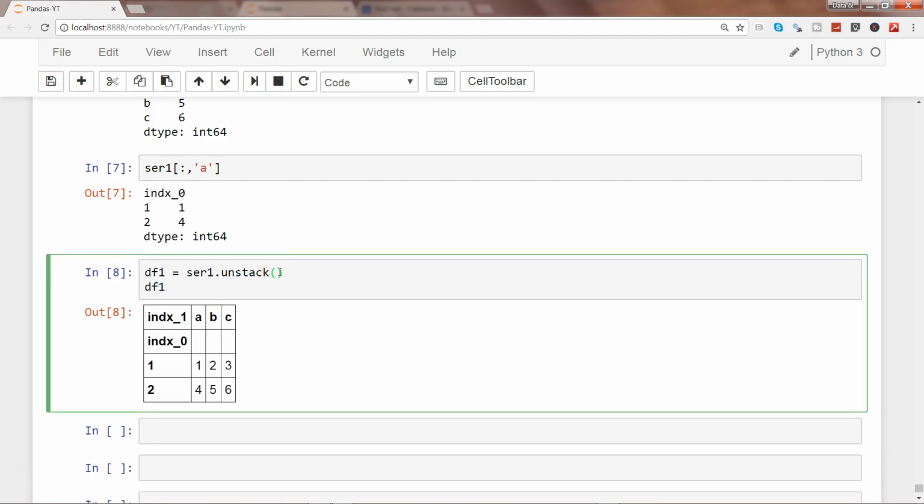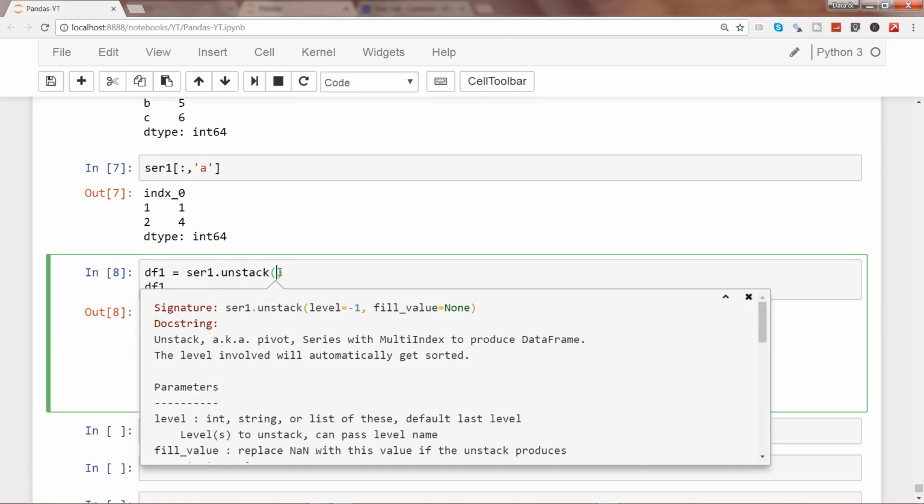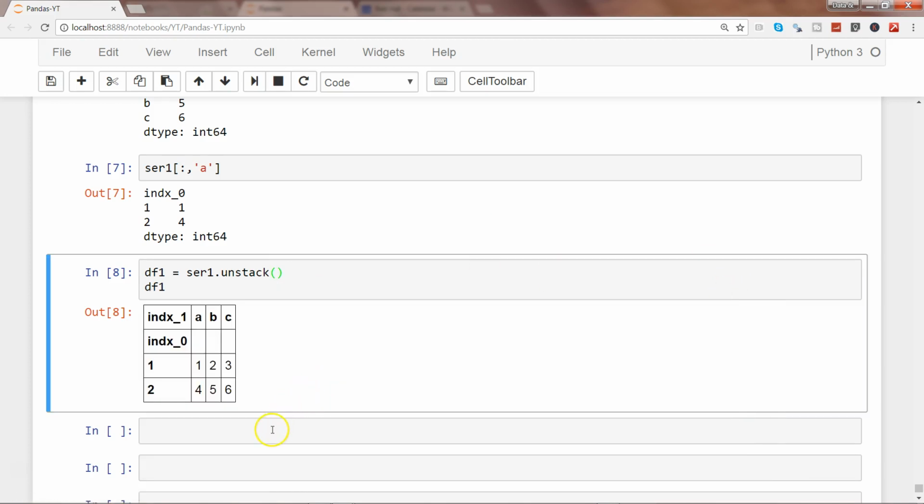Let's see the parameters it has by pressing Shift Tab, and you can specify the level here, in this case -1, which has been given, and fill_value. In case you have any values you want to fill with 0 or something else, you can specify those parameters. You can view this by going inside the parenthesis and pressing Shift and then pressing the Tab key two times. Alright, let's come out from here.